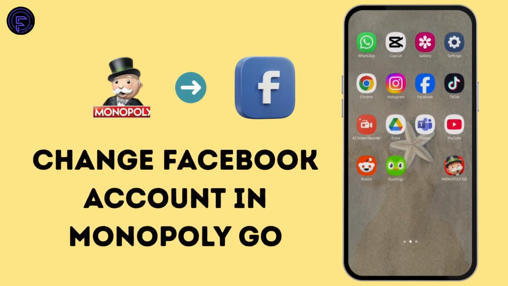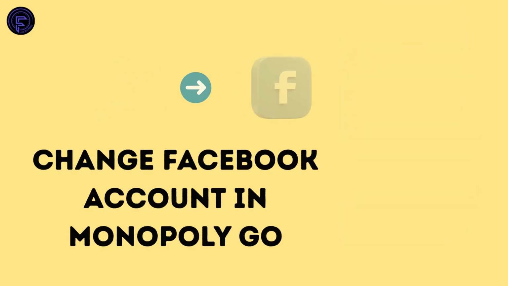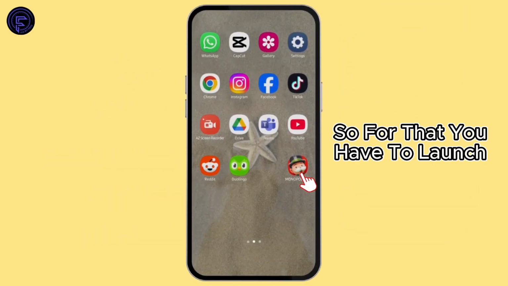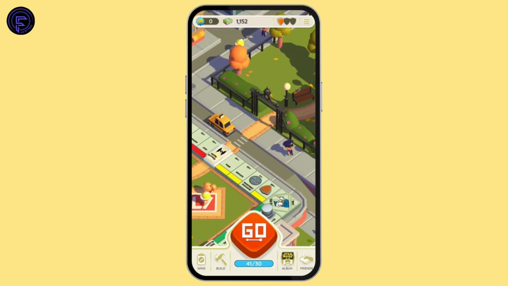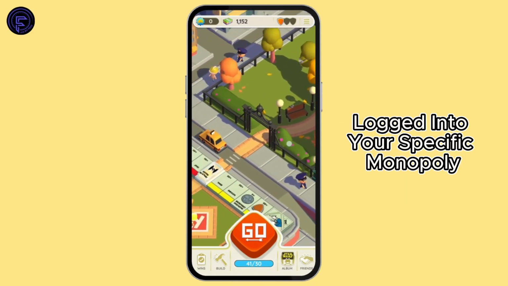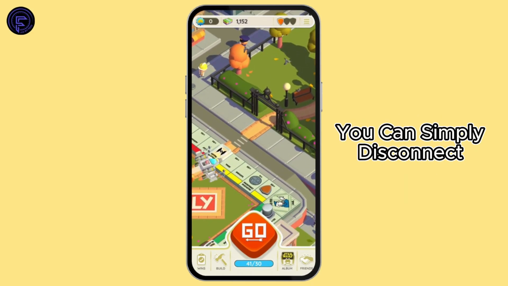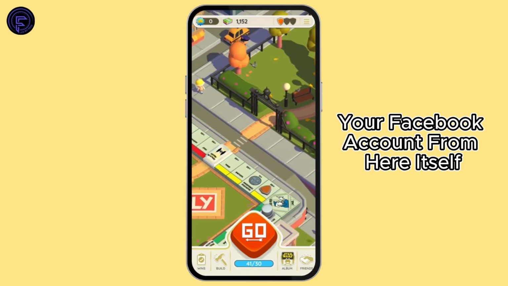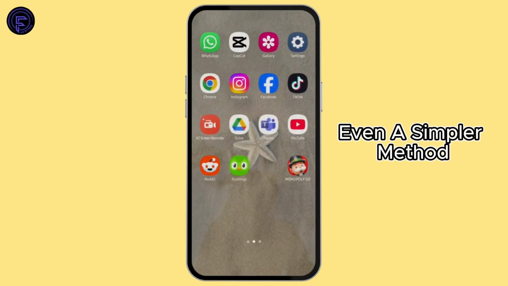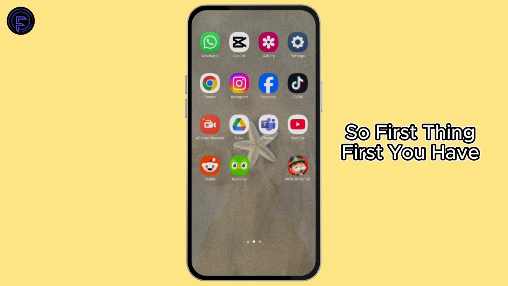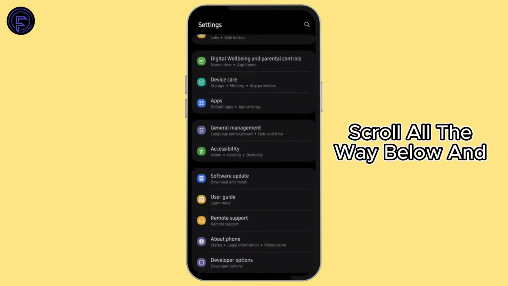If you would like to change your Facebook account in Monopoly Go, in today's video I'm going to show you how you can do it. So for that you have to launch your Monopoly Go application and make sure that you are logged into your specific Monopoly Go account. You can simply disconnect your Facebook account from here itself, but I'm going to show you even a simpler method. So first thing first, you have to access your settings, scroll all the way below, and